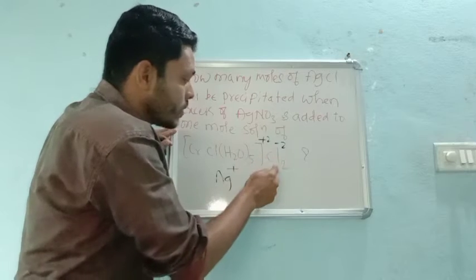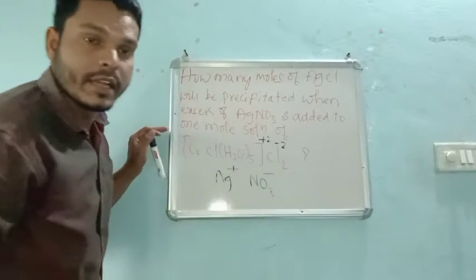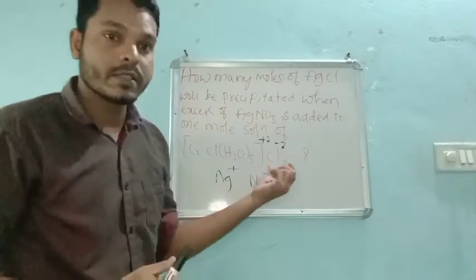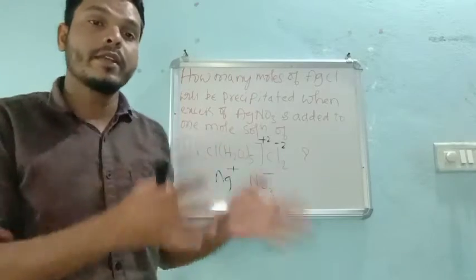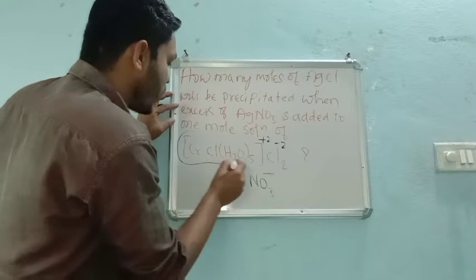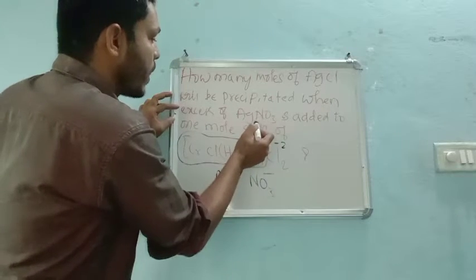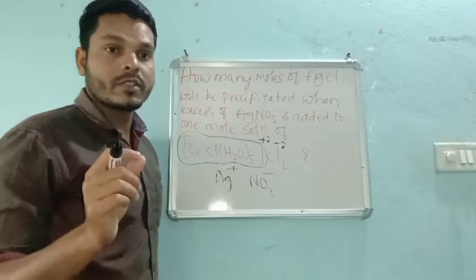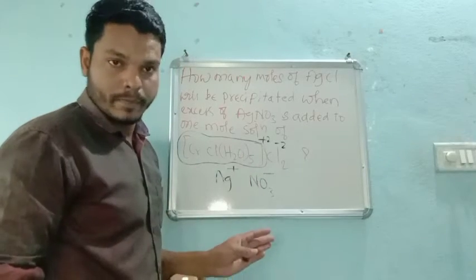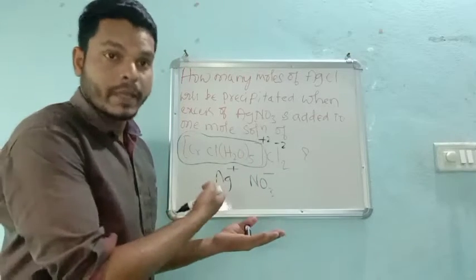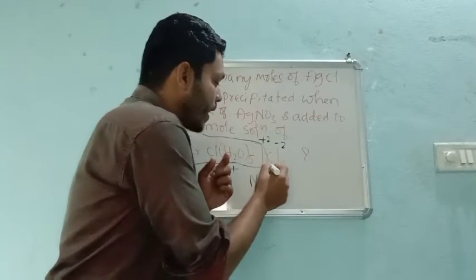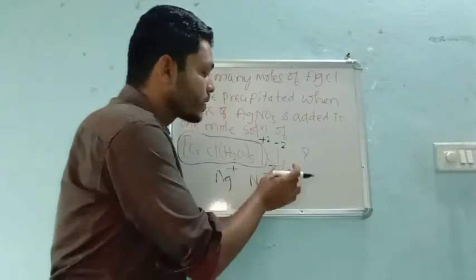Definitely. Why? Because this Cl2 is the primary valency, and primary valency is nothing but ionizable. The secondary valency is not ionizable. So don't forget, this complex will not react with this molecule. Once the complex is formed, it will not break down very easily, right? That's why we call them complex compounds or coordination compounds. So the ionizable part of this complex will be Cl2.